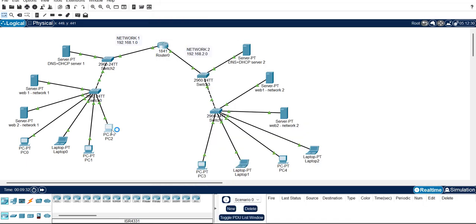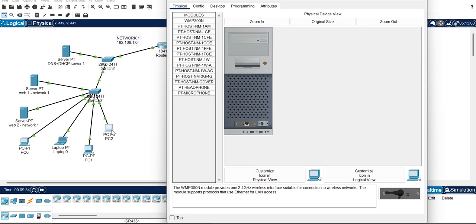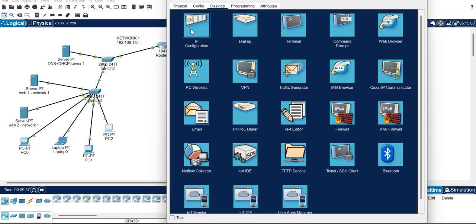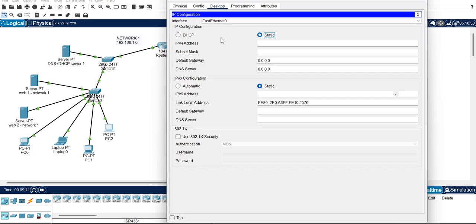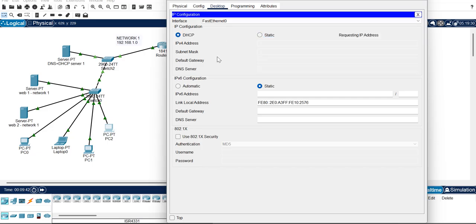And similarly, if you try for this, the same will be done. The DHCP request was successful and it has been assigned an IP address of .1.12 as it was in network 1.